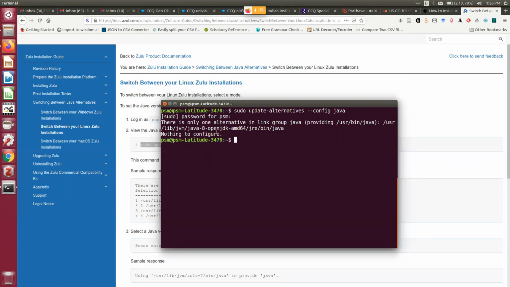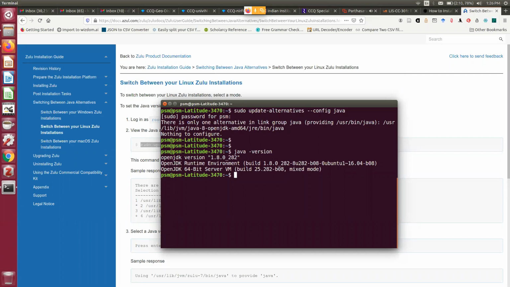But if you have more than one Java, then it will show you that this is your default. Do you want to change? So it will be like 0 is Java 11, 2 is Java 8, 3 is Java 10, and so on. So there you select the default Java, the number. Suppose your OpenJDK 8 is coming at serial number 2. Then you have to select 2 as your default Java. Then the moment you select 2 and press enter, it will configure your Java to Java 8. And after that, if you want to see, you can see this version, this OpenJDK.